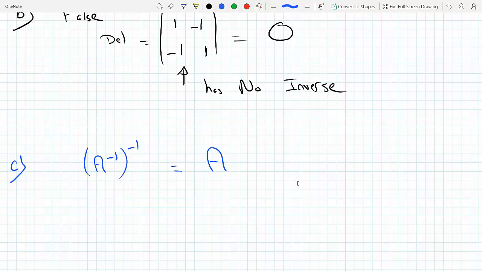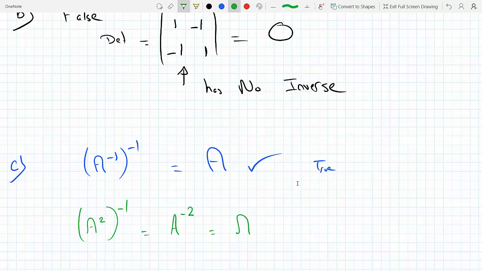Now let's take a look if A squared is invertible. So this is true. The first part of the statement, that A inverse is invertible, is true. The second part is, is A squared invertible? So if we were to take A squared and invert it, this is the same thing as A to the minus 2,